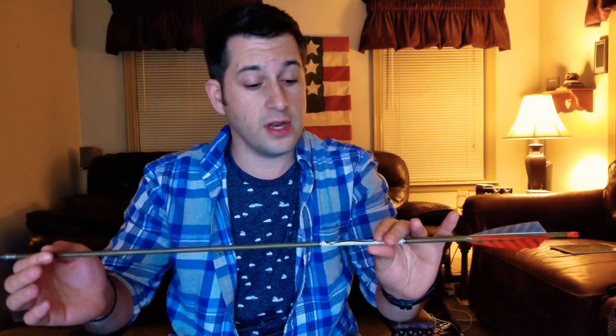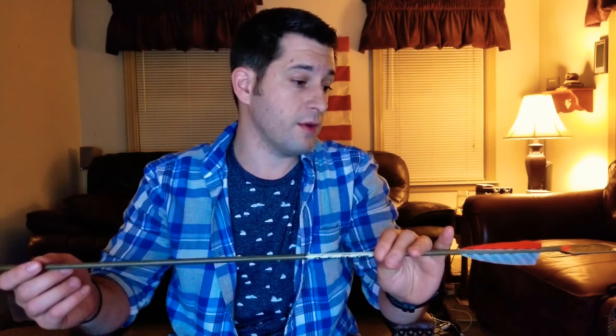So far, I've not found another arrow that looks this realistic, looks this much like wood, that is carbon. Someone will probably point out another arrow that is similar or even better in the future. Hopefully you do, because I'd love to take a look at it. But until then, I think this arrow is the best looking arrow that I've seen so far when it comes to the carbon traditionals. The next thing on my list, number 2 on my list, is the weight of the